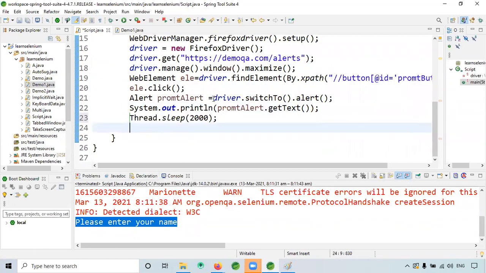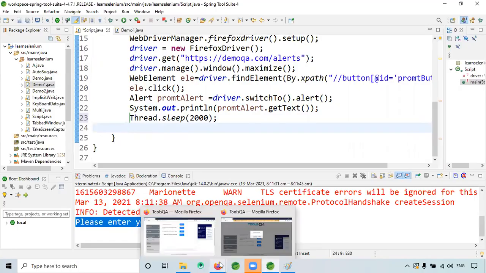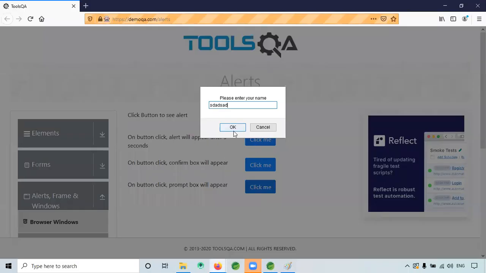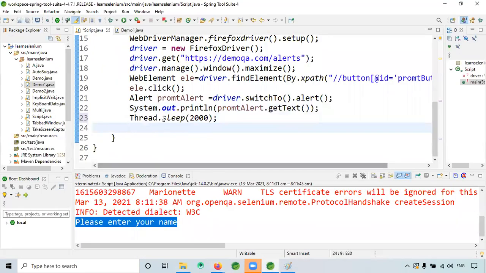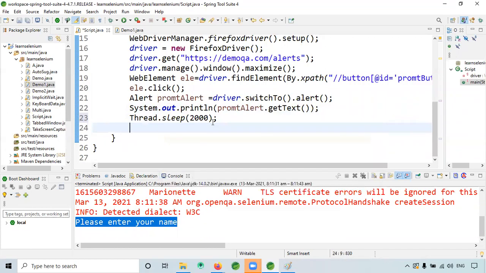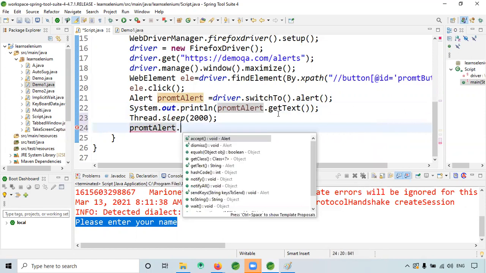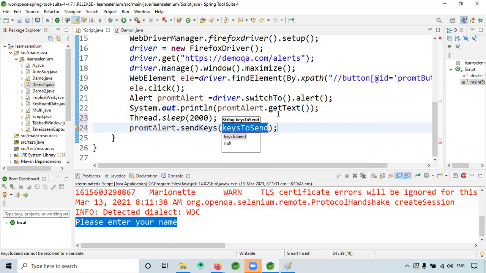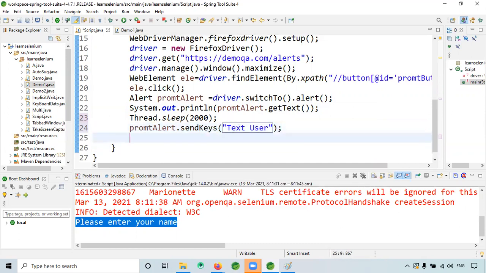Now I want to send some text like this, and I need to click on OK. So how can I do that? To do that, I have to give promptAlert dot sendKeys, and I will give the text test user.